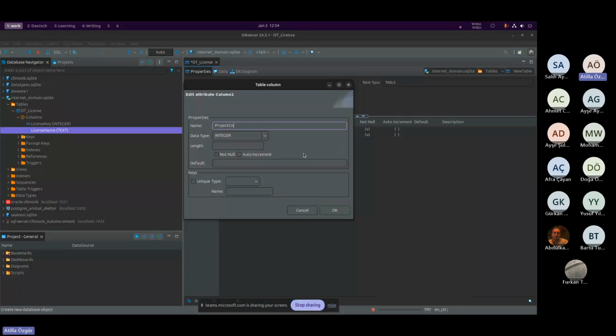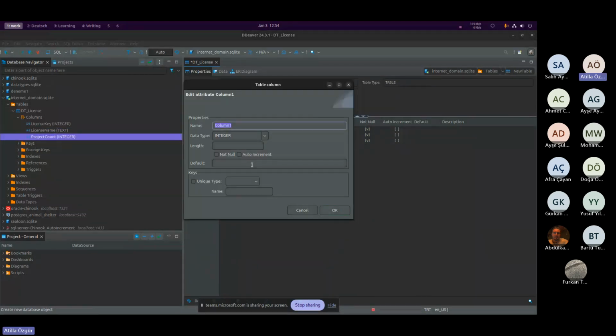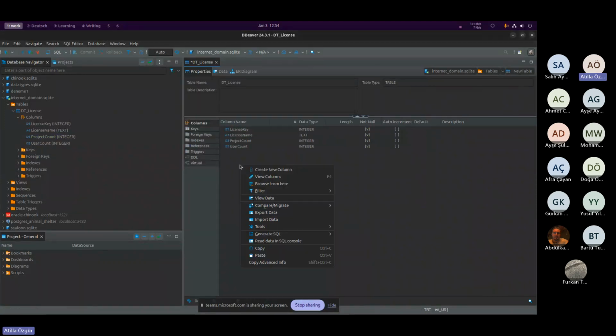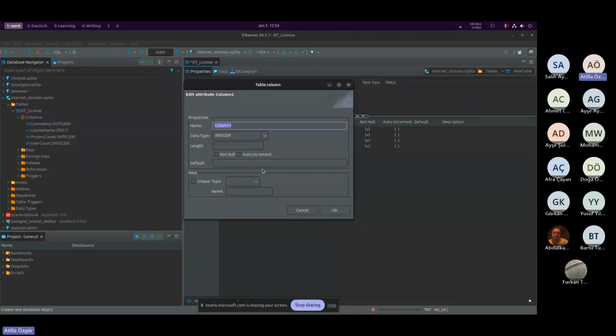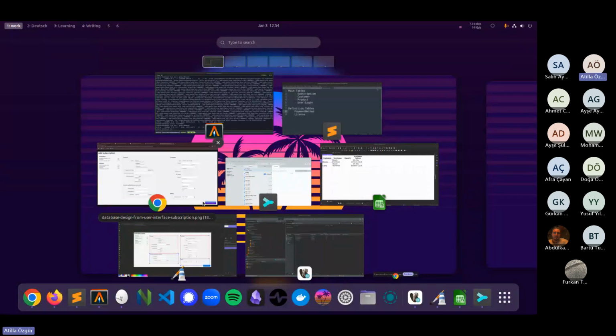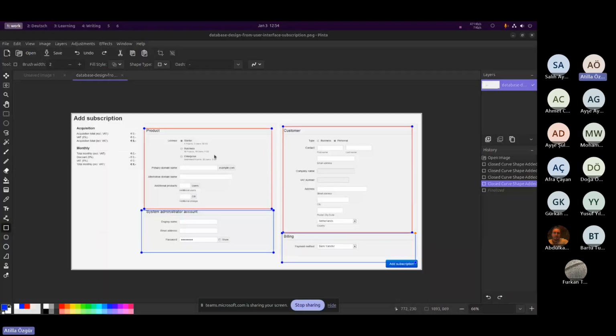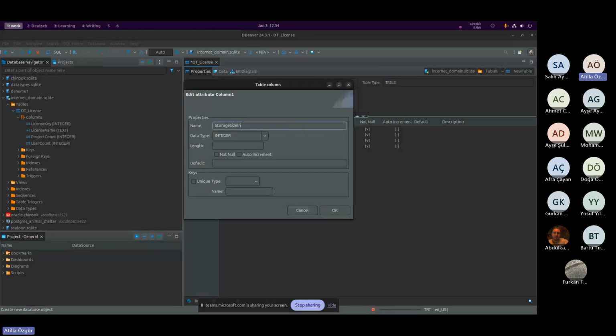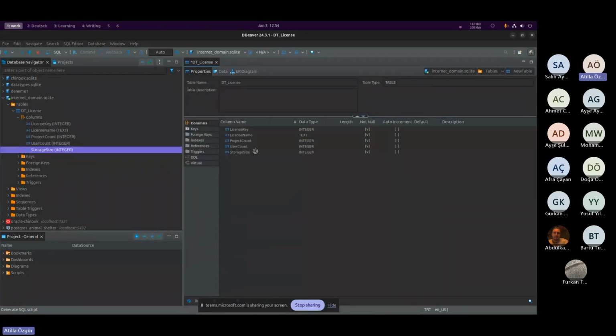We have a project count, integer, not null. We have user count, integer, not null. Okay, we have a storage size in, let's say, megabytes. Let's say in storage size. Again integer and not null. Okay, let me save this one. Let me copy it,